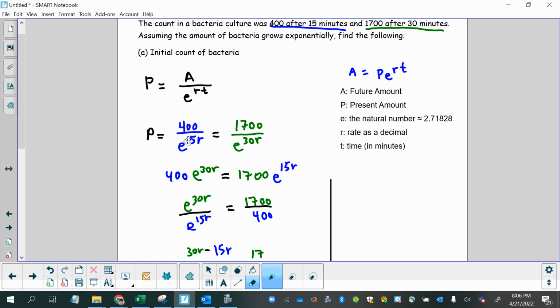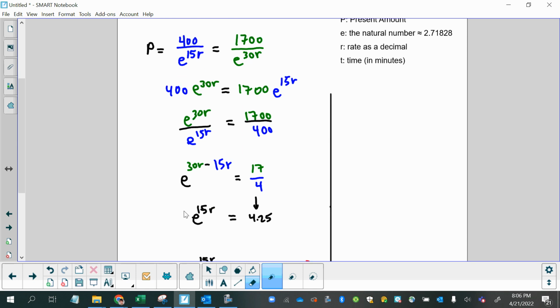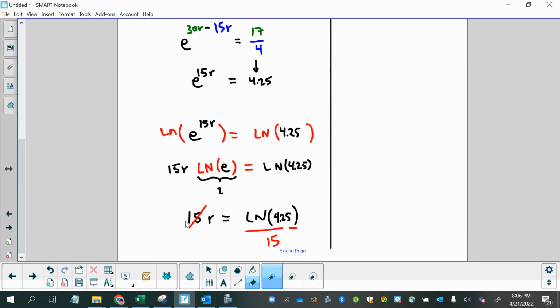I had P and I had R both unknown. Now, what we're trying to find is P ultimately, but by finding R, we can use it to unlock P. So this is really a system of equations type of thing where you're doing substitution. So now I'm going to go on to the next step,